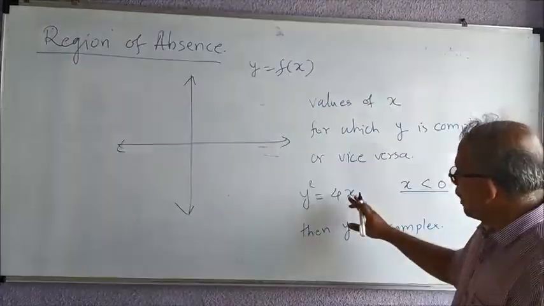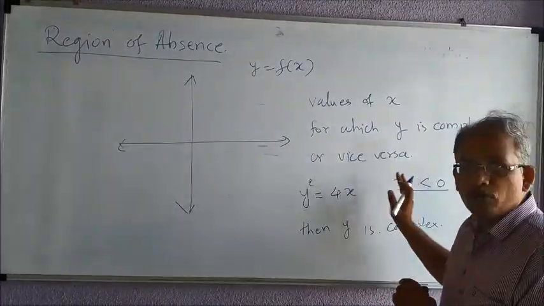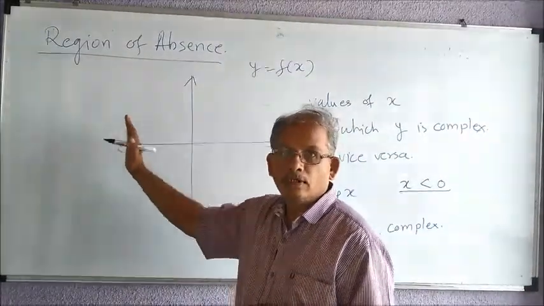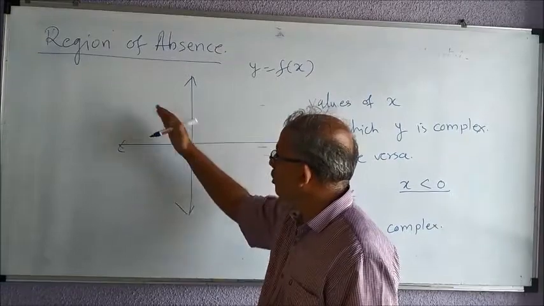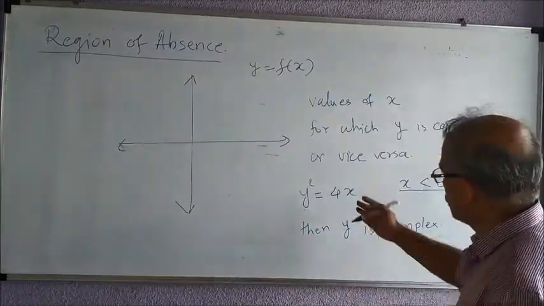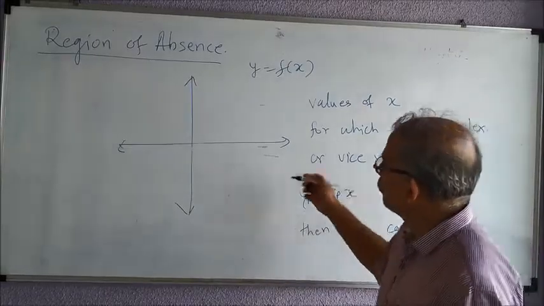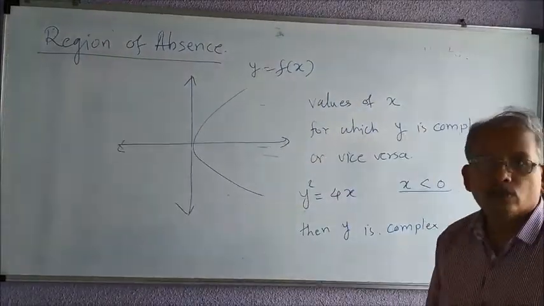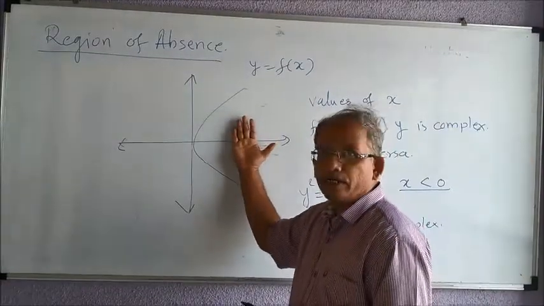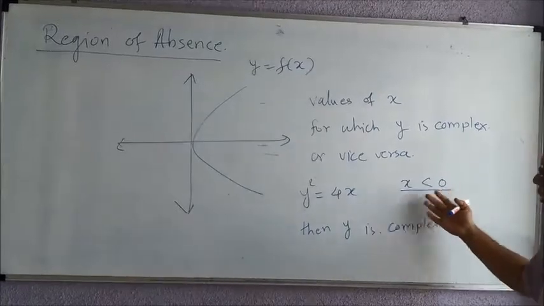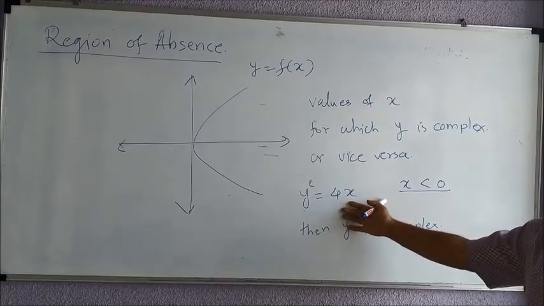Now if you actually plot this, x less than 0 means what? The entire second and third quadrant. See, in the entire second and third quadrant, the x part is negative. If you plot this, this is a parabola, we know that y square equal to 4x is a parabola. So see, the parabola exists only in this part and not in this part. Why? Because when x is less than 0, the curve does not exist,